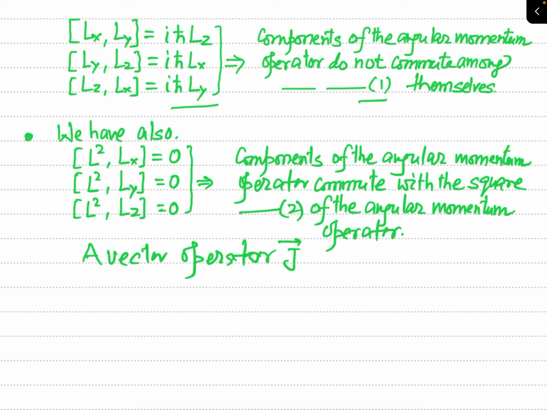So let us consider a vector operator J, and this operator J will be called an angular momentum operator, but only when the components of this J obey the same commutation relation as obeyed by Lx, Ly and Lz. Then you say that this operator J is an angular momentum operator. So I am just writing for your convenience this important fact. A vector operator J is an angular momentum operator